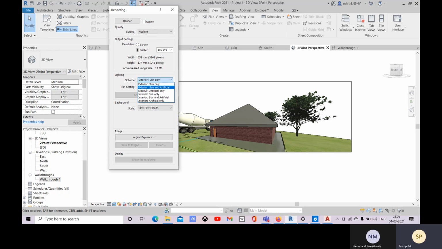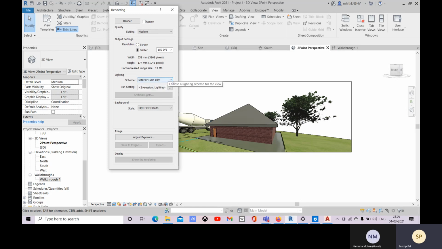then only you can go with this sun and artificial. And when you are creating your nighttime rendering, then you will go with artificial only. So there will be no sunlight, and your artificial light will create all the light and shadow effects. For interiors, it's the same. So choose options. Here I'm going to select this sun only. I hope I have elaborated these things and you have no doubt regarding them. If you have any doubt or question, you can ask me about these things.